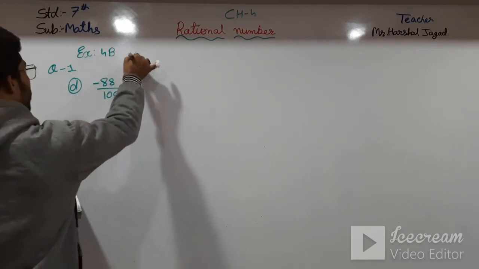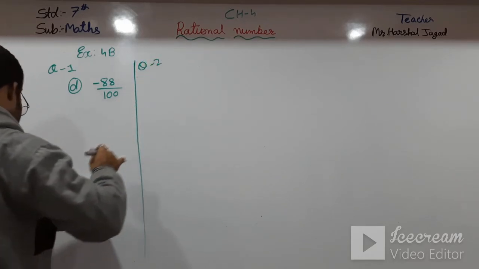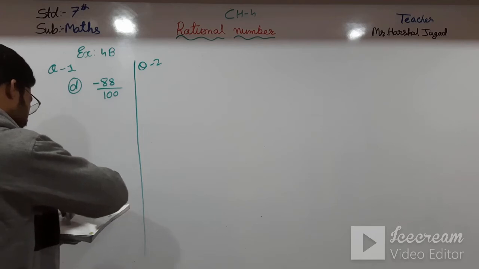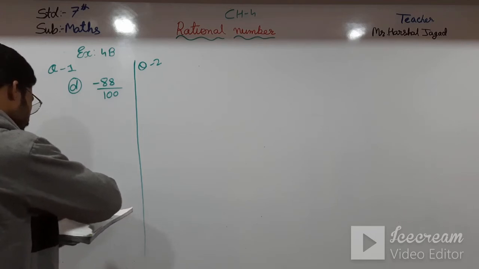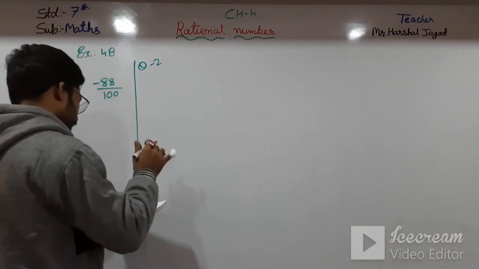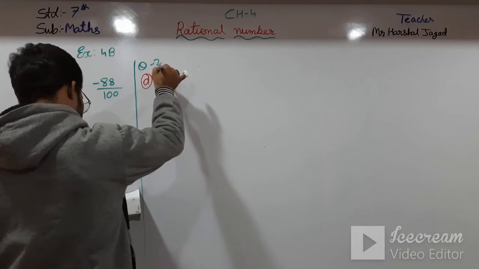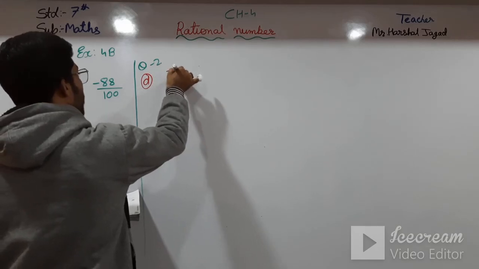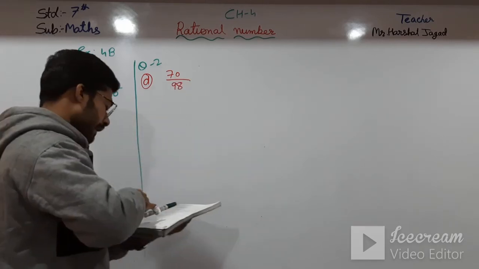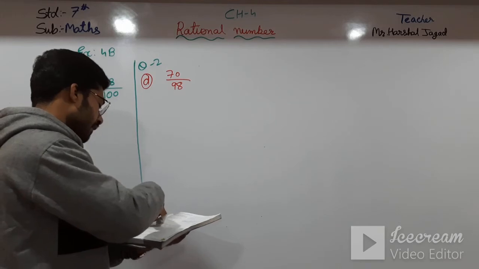And from question number 2, which of the following are in the simplest form? From that also I will do D, that is 70 by 98. Okay, then question number 3,